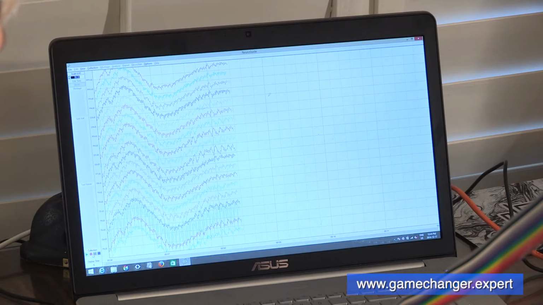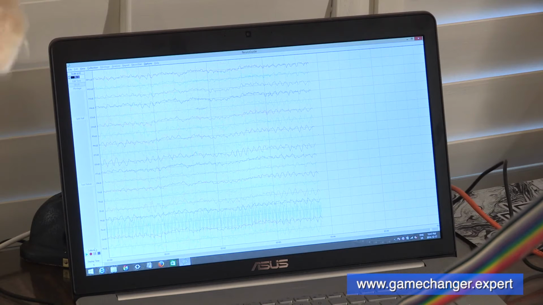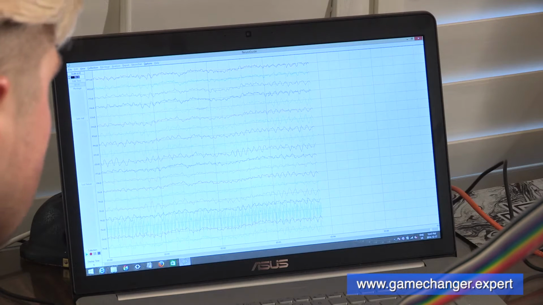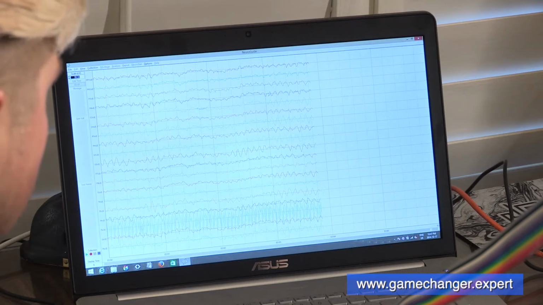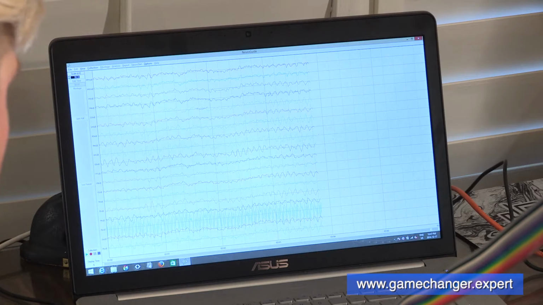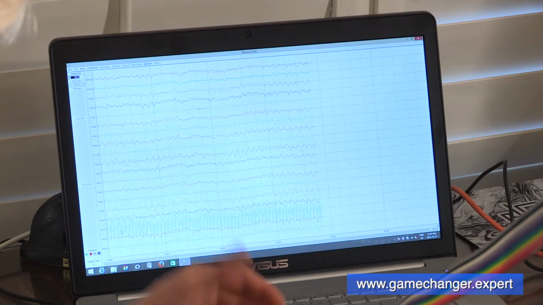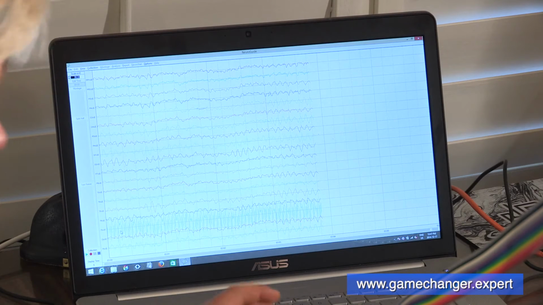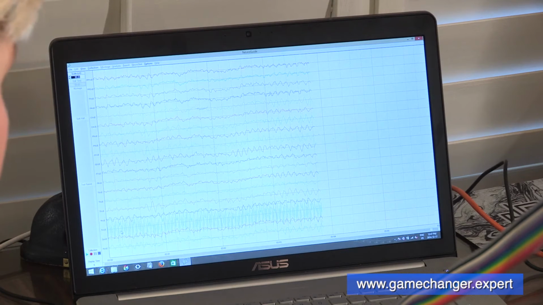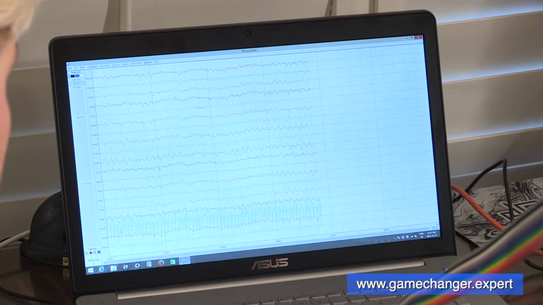Okay, and that's 3 minutes there. And what we're seeing is certain regions of Connor's brain are running way faster than others, such as regions of his frontal lobes right here. And that could show up potentially as some anxiety, or maybe Connor may have had his bell rung at that region of his brain there. We'll be able to see this clearly when we dissect and grab the good data and see a picture of the brain mapping. And now we're going to move on to 3 minutes of recording,